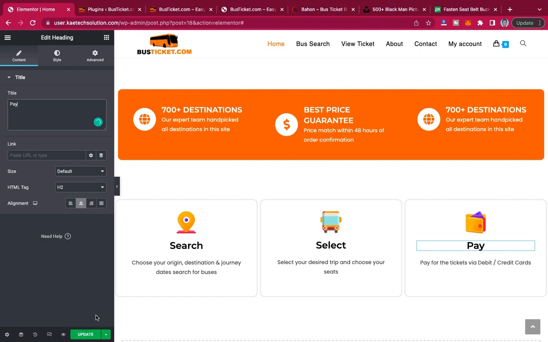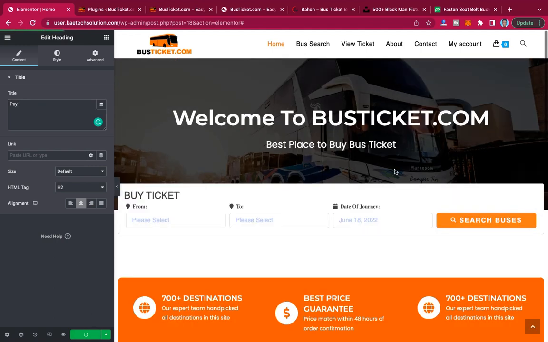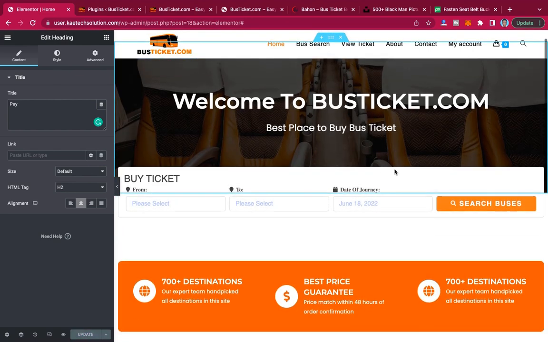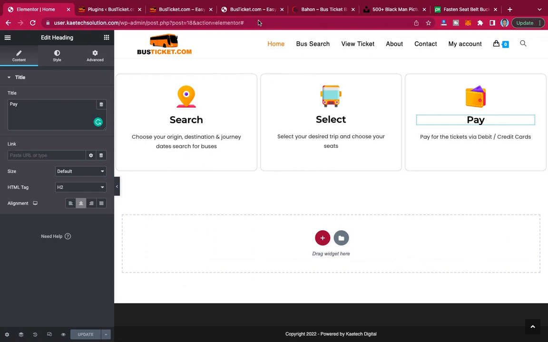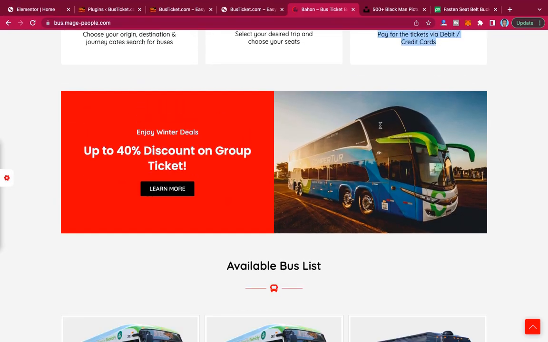Okay, so after it, just click on update to update it. As you can see, everything is moving smoothly. Our next step is to design this section. This section is just a 2-column section, one having an image and one having this